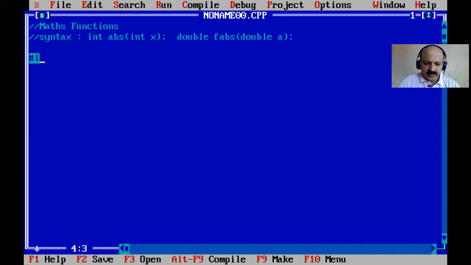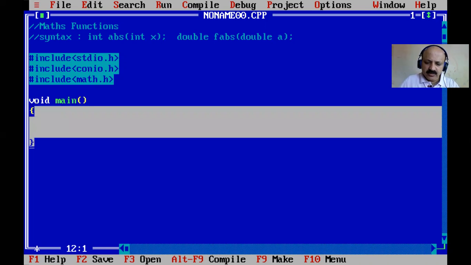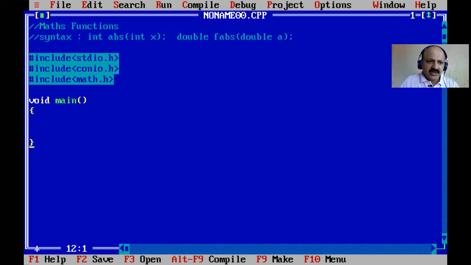In this file, first we have to write the iostream header file for standard input output, then conio.h for console input output, and the third header file required is math.h. That is for the mathematical functions we use. First we use this pair: integer absolute.